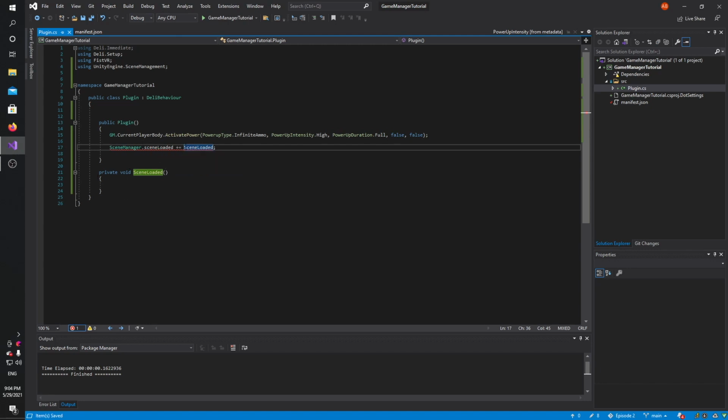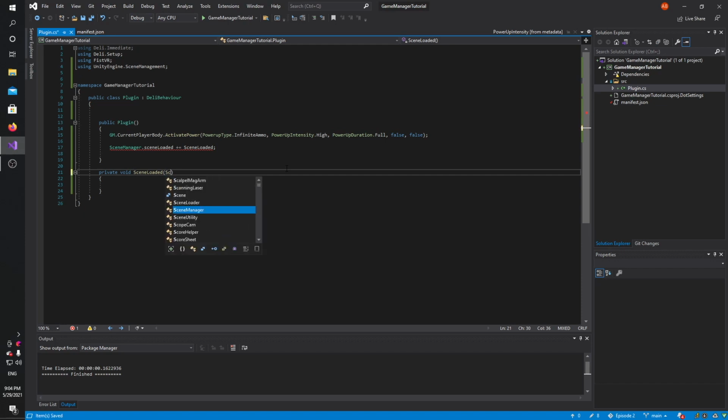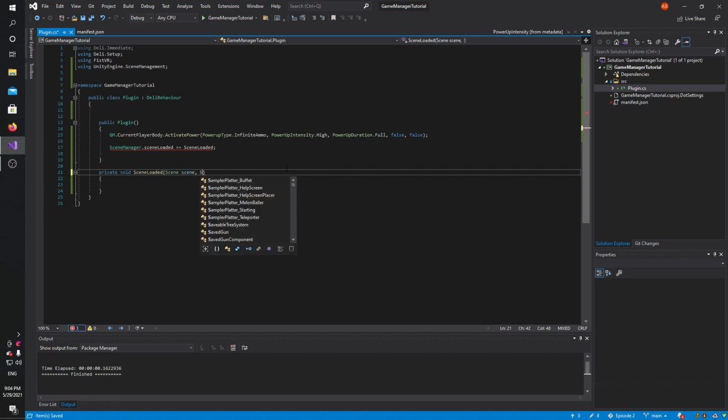But now we have an error. What is the error? Well, scene loaded only works on functions which have the proper arguments, which is the stuff that's in these parameters. So, how do we fix this? Well, it's pretty simple. We just need to give the arguments as asked. So, we do scene, that's the type, scene. We can name it anything, I'm just going to call it scene. And then, no, it's not scene load type, it is load scene mode,